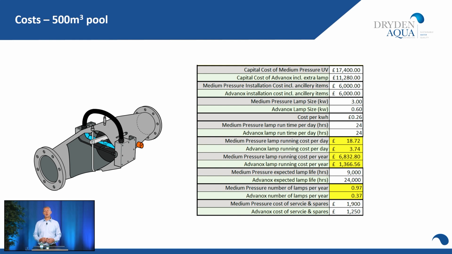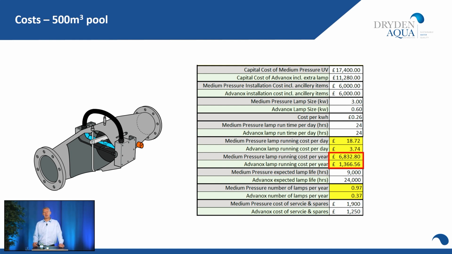Typical commercial cost for a commercial site per kilowatt hour for the electric is about 26 pence per kilowatt hour. And if these systems are running for 24 hours a day, the cost of running such a system per day is £18.72 for the medium pressure UV compared to just £3.74 of the Advanox. If that system is on 24 hours a day running all year, that adds up to just shy of £7,000